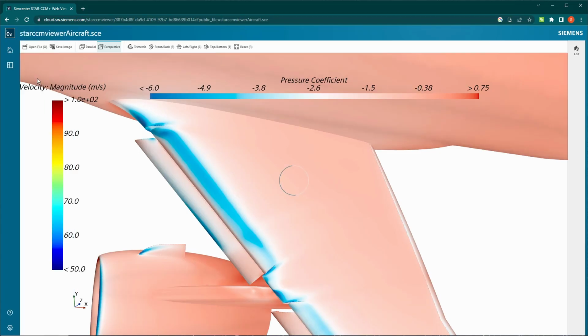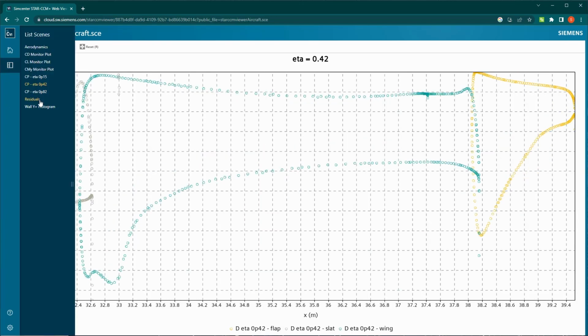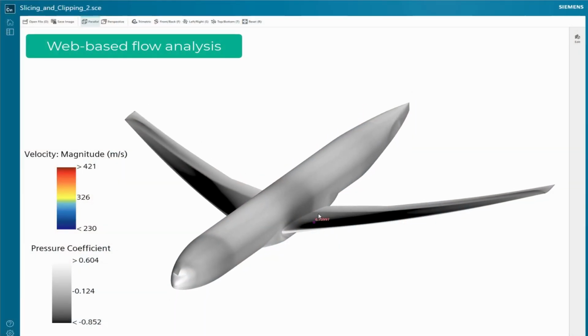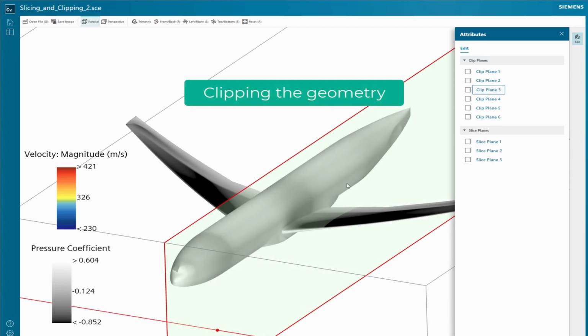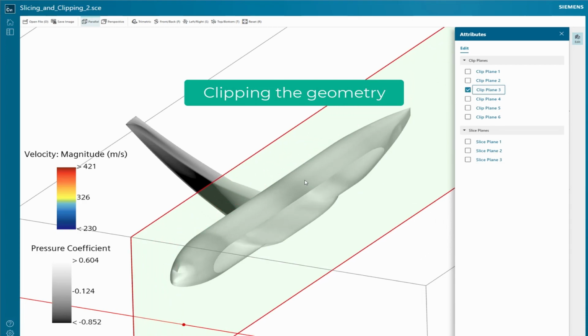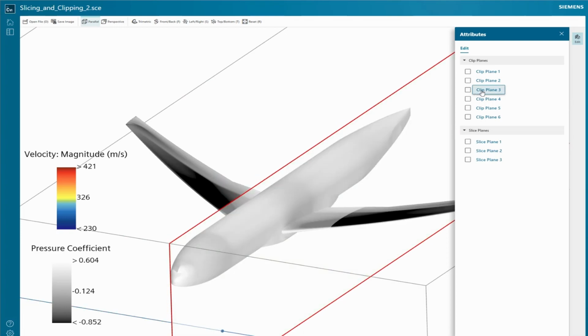And as you are familiar with this clipping and slicing functionality from StarCM+ itself, we are adding that functionality now in the web viewer as well. So what does that mean? Basically, based on the scene file, you can use a resampled volume, and you can dynamically slice through this resampled volume to qualitatively investigate your flow field and further underline your simulation results with plots that you added to such a scene file.